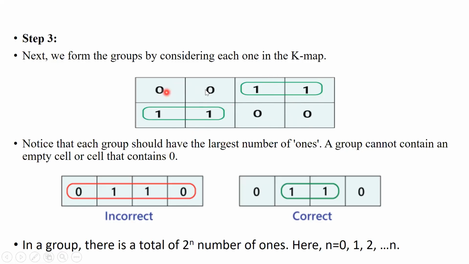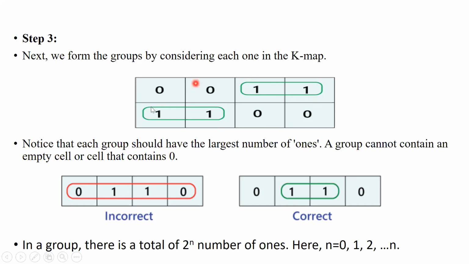So my entry is done seeing the Boolean expression. That is my third step. Once I have the canonical form, I have to draw these boxes. I enter ones for the terms present, and wherever no terms are there, I will mark it with a 0. Next, I have to make groups, groups which have the largest number of ones. So this you have to remember.